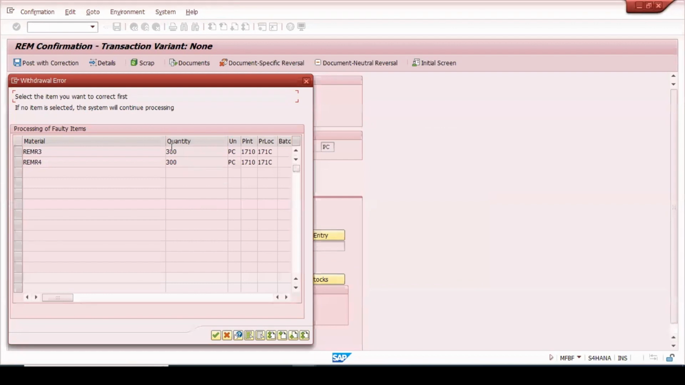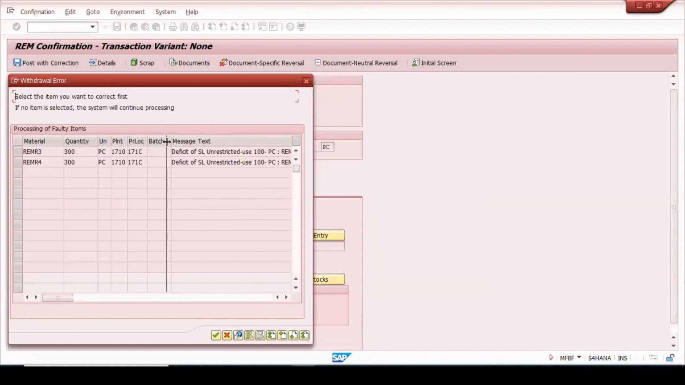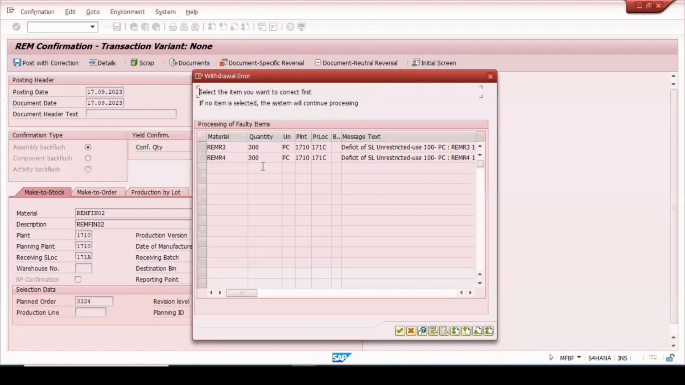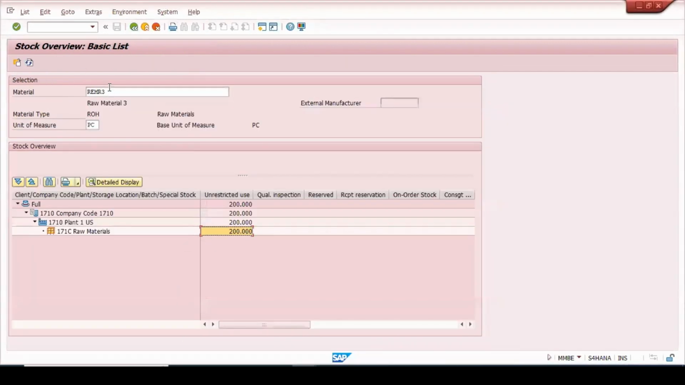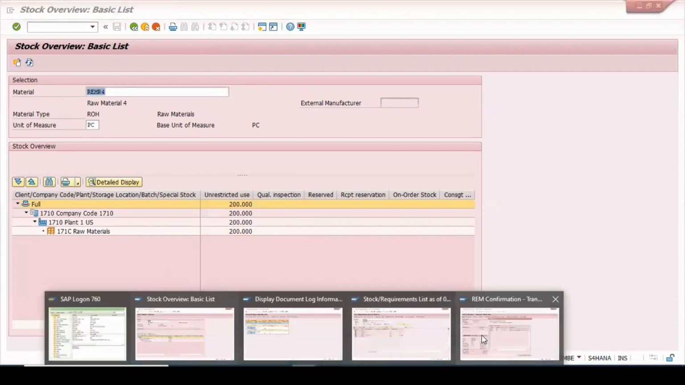Hey, come on, you see this, you are getting some message now. What is that message? Take a look at it. REM R3, REM R4, 300 quantity, and it is a deficit of storage location stock. In the storage location 171C, you have a shortage of 100 numbers here because you need 300 quantity, but you have a stock of only 200. Just now we saw and checked it. REM R3, I have 200. REM R4, also I have only 200,